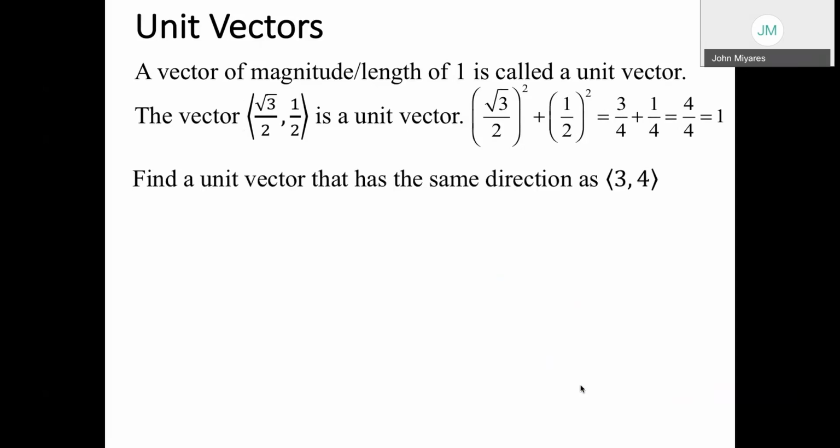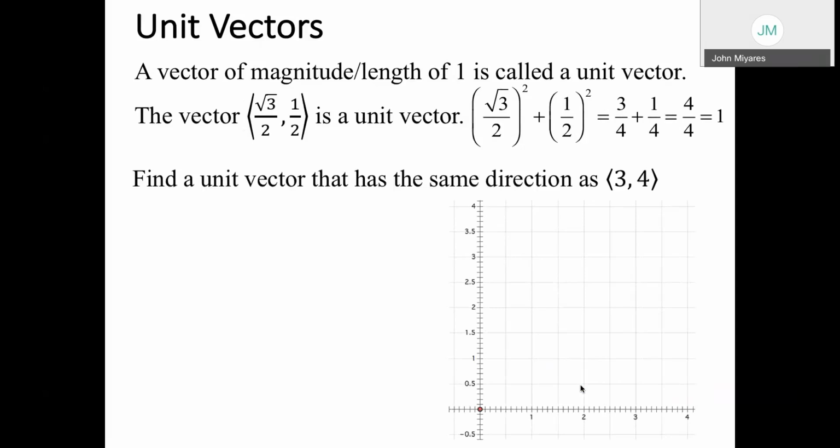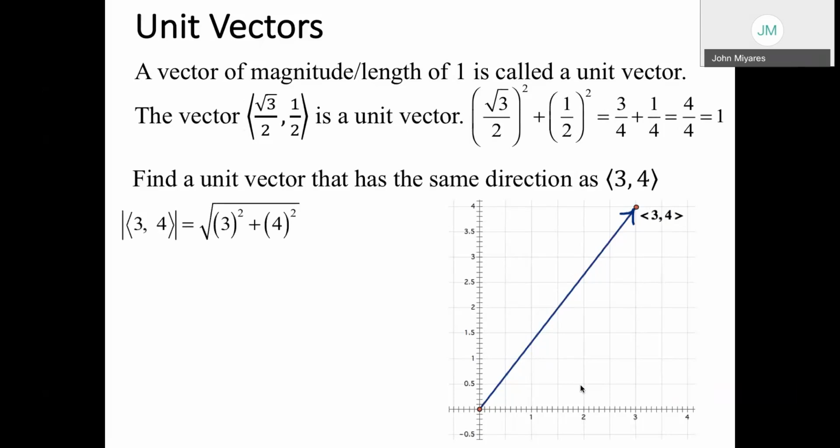This might make more sense if we try to visualize this problem graphically. Here's a graph of the vector ⟨3, 4⟩ in standard position. It starts at the origin and continues outward to the point (3, 4). The magnitude of this vector can be computed by using the distance formula or the Pythagorean theorem, then taking the square root. 3 squared is 9, 4 squared is 16. That will add up to 25 under the radical sign, so the magnitude or the length of this vector is